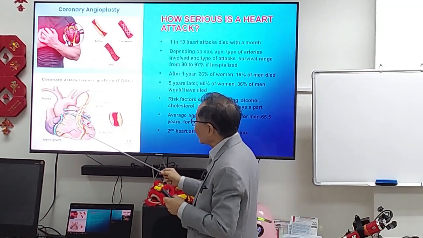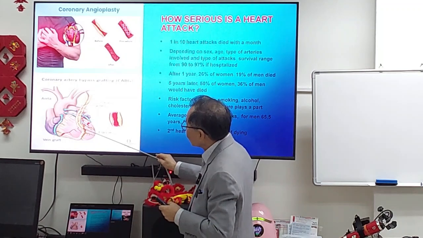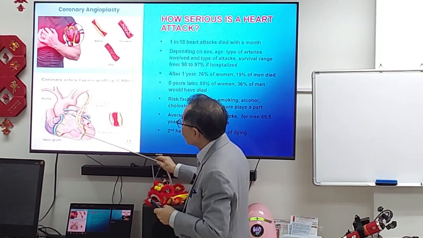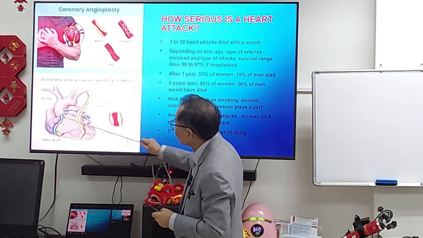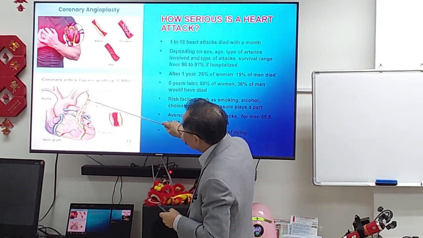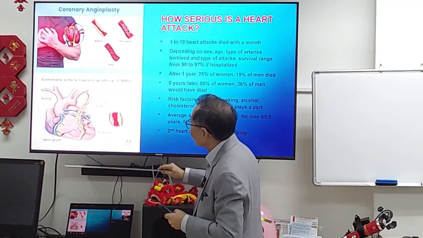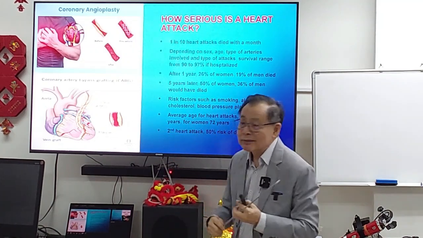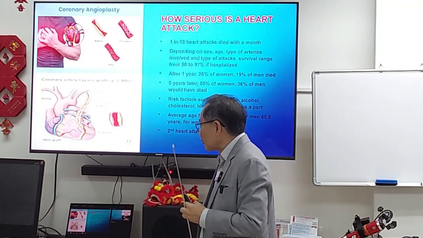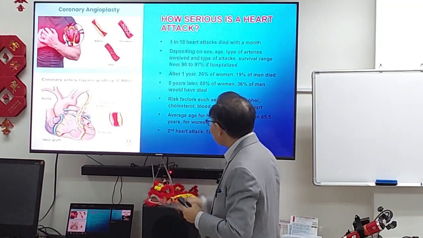This is bypass grafting. So this artery is narrowed, right? This is a graft here. Plug here narrowed, so there's a graft here. Where do they get the veins to graft? They get it from your legs. They take a graft from your leg veins and then they put it here.